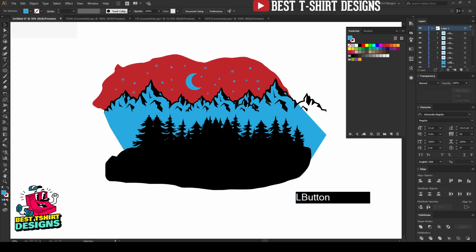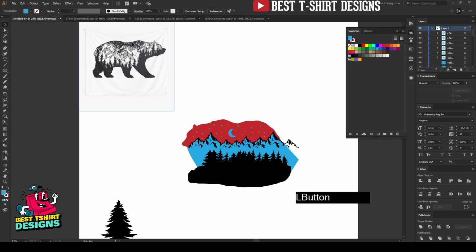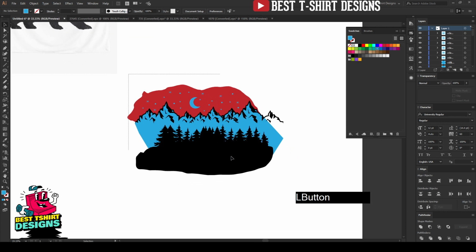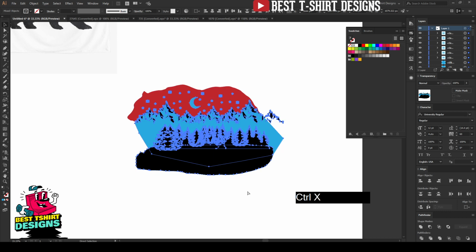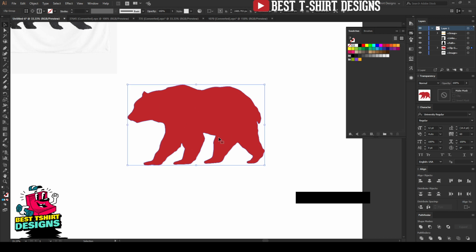Now as you can see, the graphic area part is done like this, but it is not looking like that bear. So for making that, I'm going to select everything from here, and then press shift and click on this bear, so that will deselect my bear, but everything else is selected. Let's cut it. So once it is cut, we make a clipping mask with this bear, with the black bear on top of it.